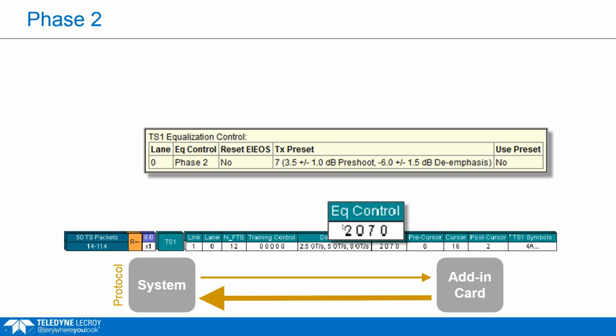In phase 2, I'll remind you what happens. The add-in card is going to request different transmit equalization settings from the system. The system is going to respond, and then the add-in card is also going to tune its receive equalizer. So we're in phase 2 here. The add-in card sends a request not for a preset, but for a cursor.